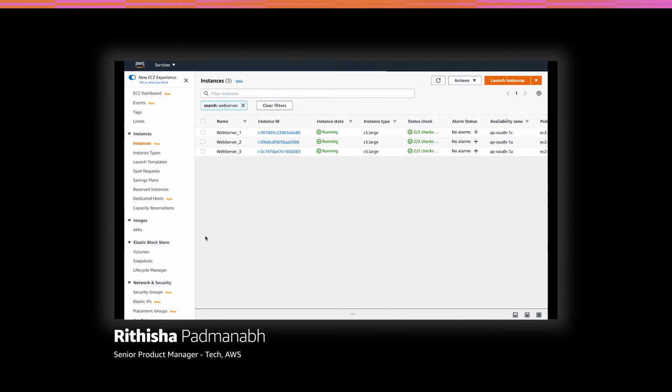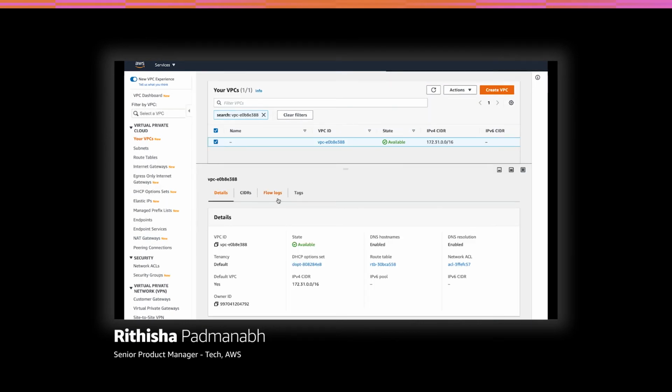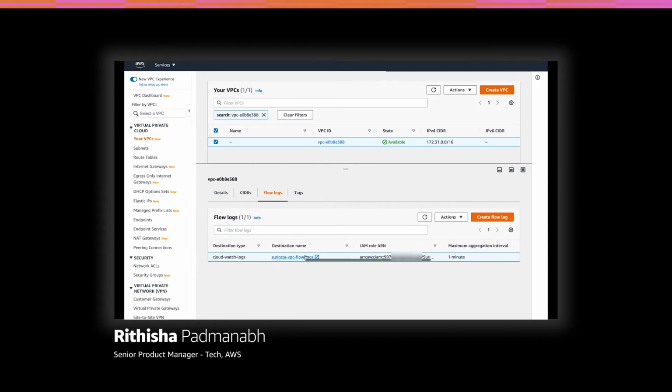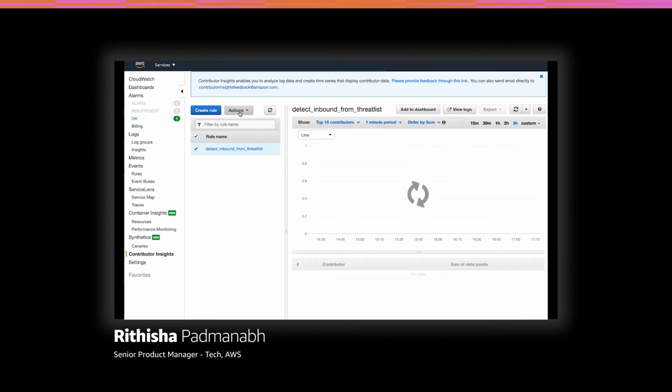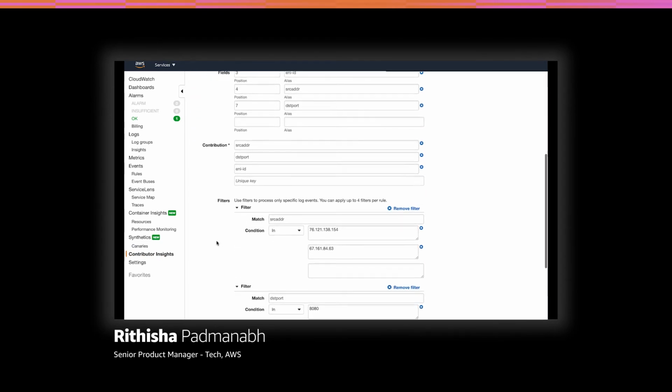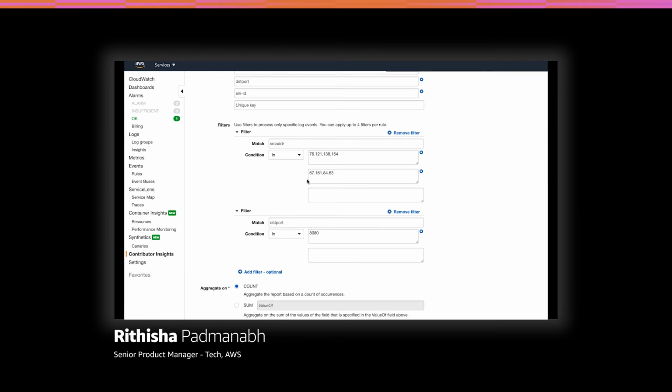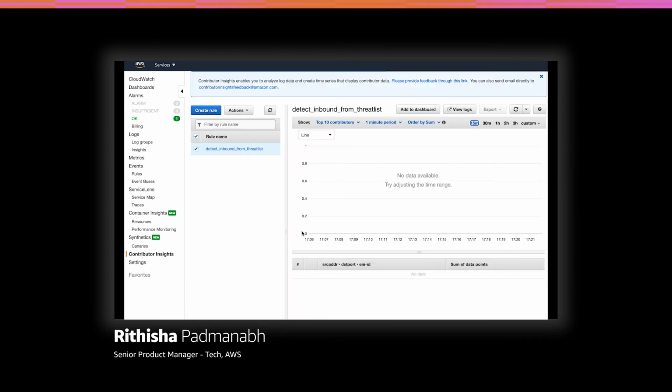Now let's take a look at this on our console. These are our 3 web servers, and we've created 1-minute flow logs. This time we're publishing it to CloudWatch logs. And on CloudWatch logs, we've used Contributor Insights to configure a rule that triggers a CloudWatch alarm each time there's traffic coming from a set of custom threat list, right? Custom malicious IP.